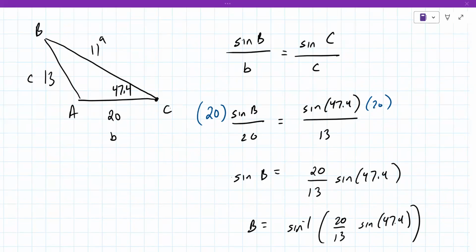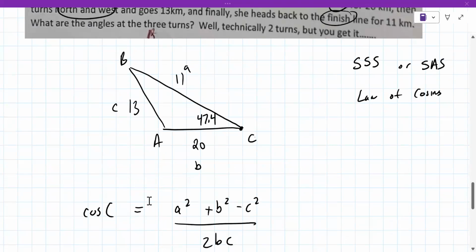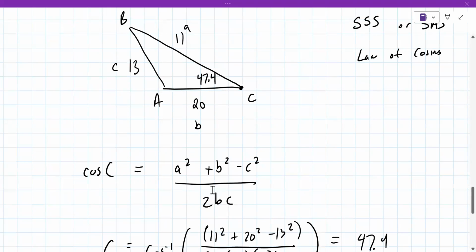So I got 1.13 before I did the sine inverse, but whenever I plug that in, it says error. Yeah, I would agree. So I feel like there must have been a mistake on this one here. C is, oh, so there was a mistake down here. This should have been